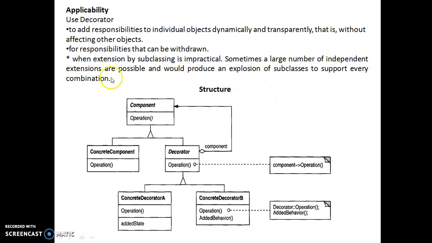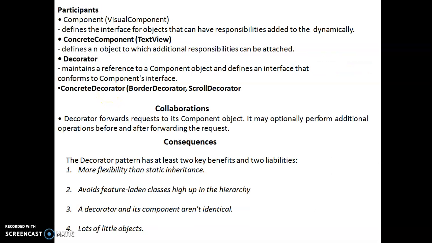Sometimes a large number of independent extensions are possible, and would produce an explosion of subclasses to support every combination. So when extension by subclassing is impractical, at that time also you can use this particular pattern.